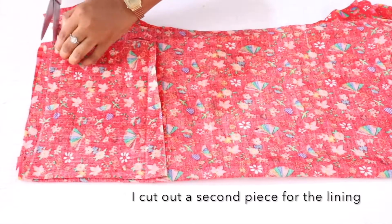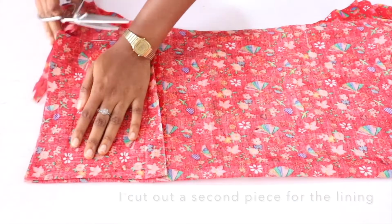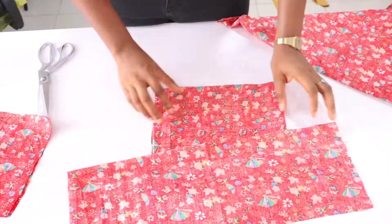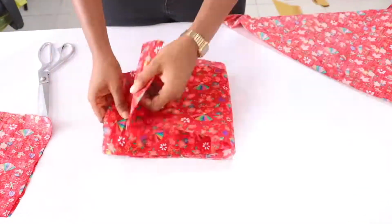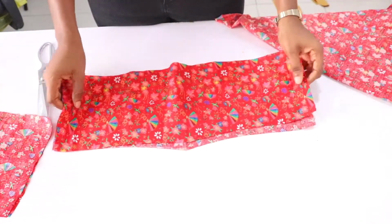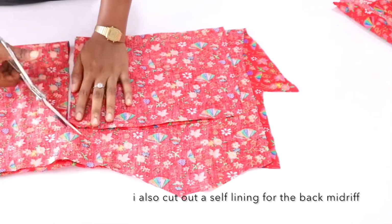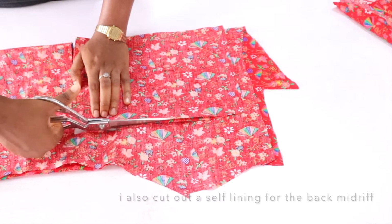So what I'm going to do is cut out a second piece. This is going to act as a self-lining. You could use any other fabric to line, any similar color to line, but I prefer to use the same fabric to line. And then I'm going to go back and cut my back lining as well,